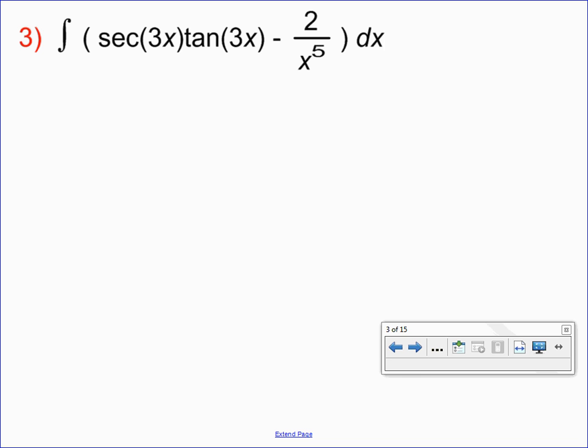And so as I look at this first part, secant 3x tangent 3x, I know a derivative rule that produces secant tangent. What differentiates to secant x tangent x? Sophia? Yeah, secant of x. But this isn't secant of x, it's secant of 3x, an inner function. And so if I had an antiderivative function that was